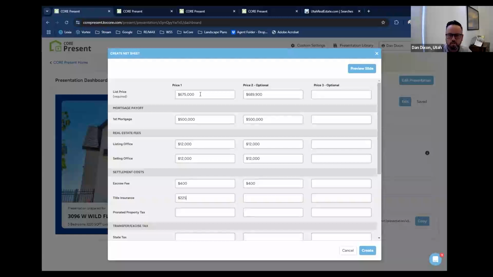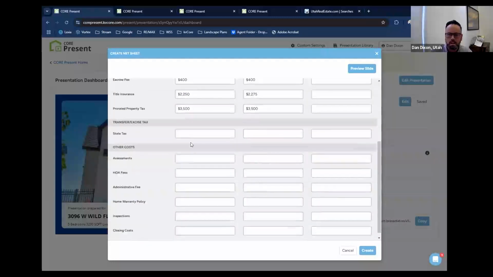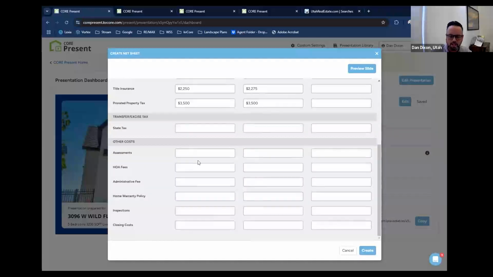This is going to vary somewhere around here. The taxes are going to be around there. There's HOA payoff, that kind of stuff. I do charge $295. That section was for Matt. We don't know what the closing costs are just yet.